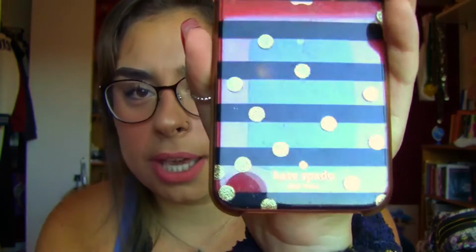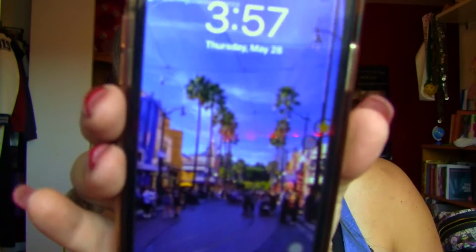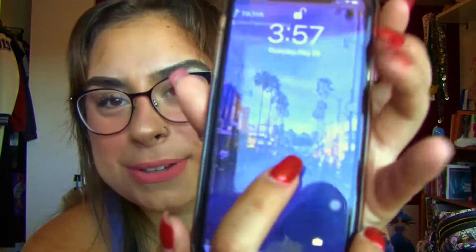Number 3 is obviously always going to be my phone. I have a cute little Kate Spade case on it. It's all scratched up and gross. On my home screen, I have a cute little picture of DCA on it that I took. Actually, it's one of those cute little...